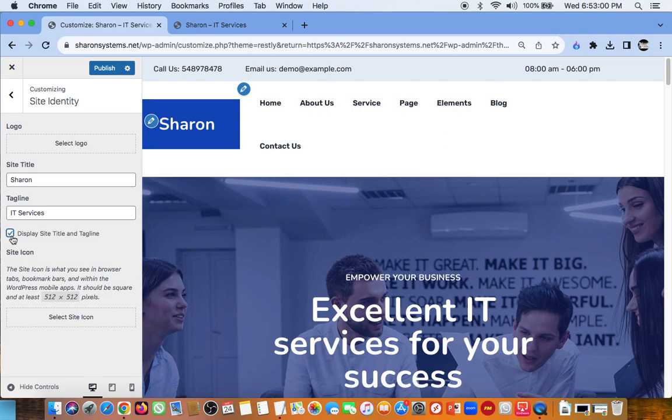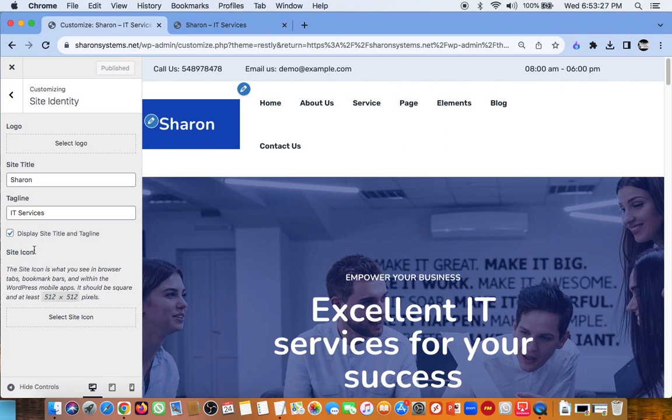So anything you do, you just click publish. There's a publish button here. Once you click publish, for example, if I remove the tagline and publish, it stops showing the tagline that we have here when I refresh this. But I want it to show, but you can choose to really get that off. And it also tells us that from here, you can